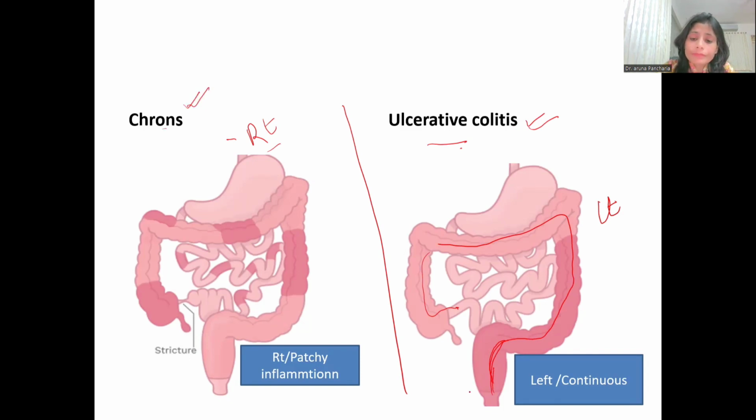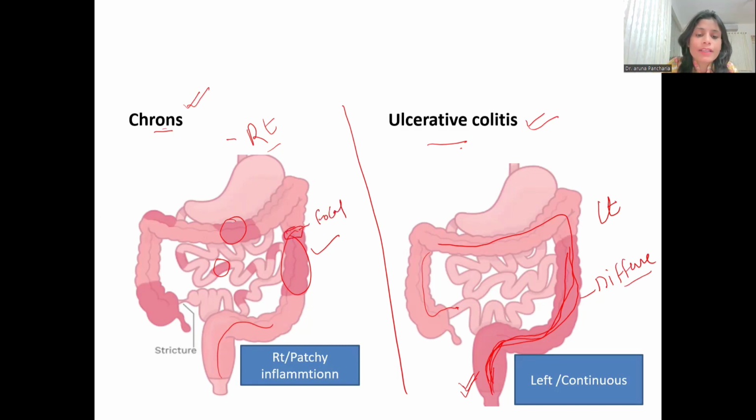In ulcerative colitis, the rectum is most of the time, or almost always, involved, and the involvement is in a continuous fashion, while in Crohn's disease skip lesions are seen, because the involvement is not continuous, it jumps. Like some lesions are here, some are here, some are in the ileum, so it jumps. So skip lesions, or patchy inflammation, are seen in Crohn's disease, while in ulcerative colitis there is continuous involvement. In microscopy too, the ulcers or findings will be diffuse, and in Crohn's disease they will be focal, because in one area we see an ulcer or some finding and the surrounding area is completely normal. So abrupt transitions are seen in Crohn's disease.